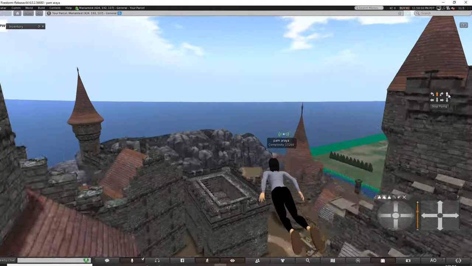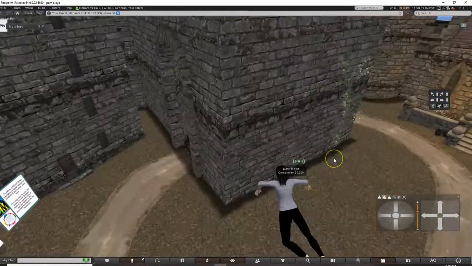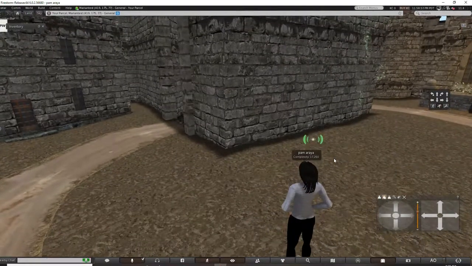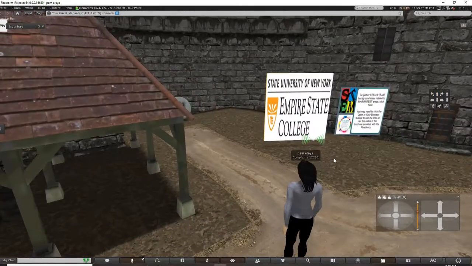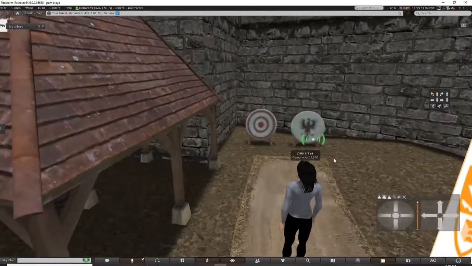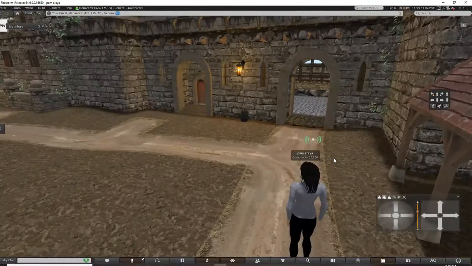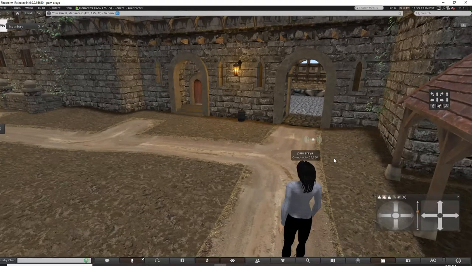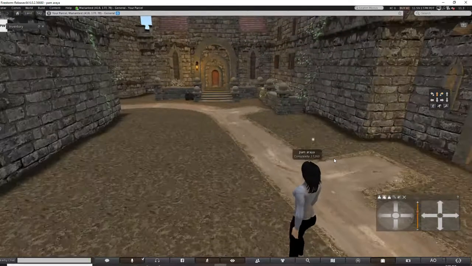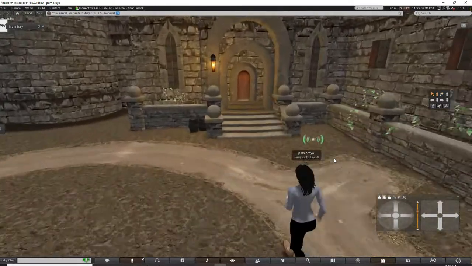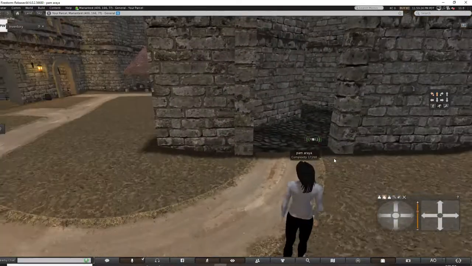The first time I met with my class, long time ago, it was here, and we strolled around together as a class. I hadn't had that for a long time of taking courses online. It was a great feeling of being in a group and discussing our projects and our ideas, and just strolling around and seeing this environment. It was very engaging and it was a lot of fun.